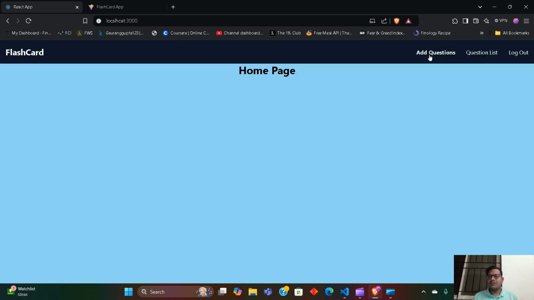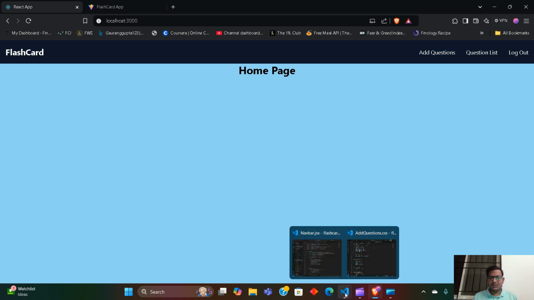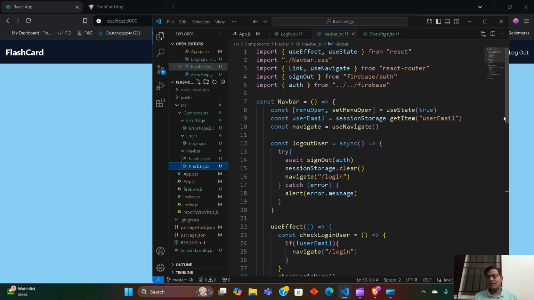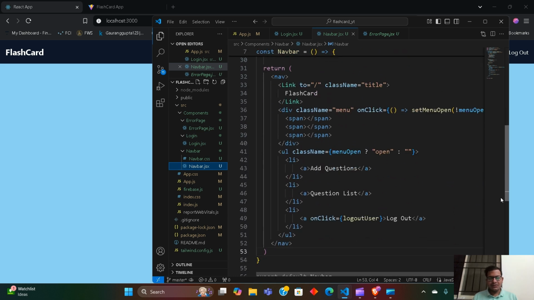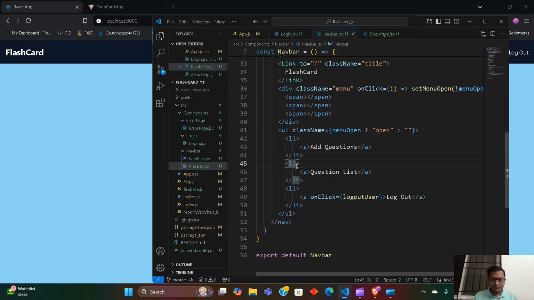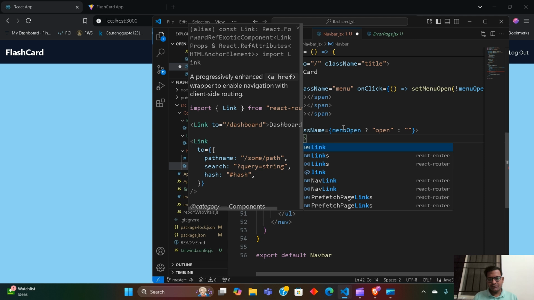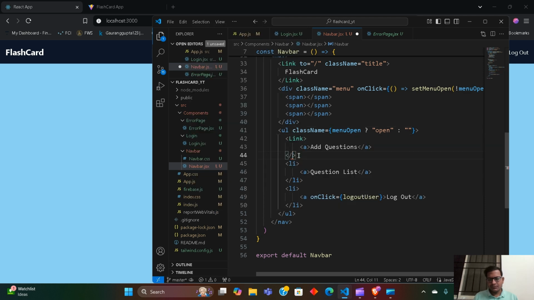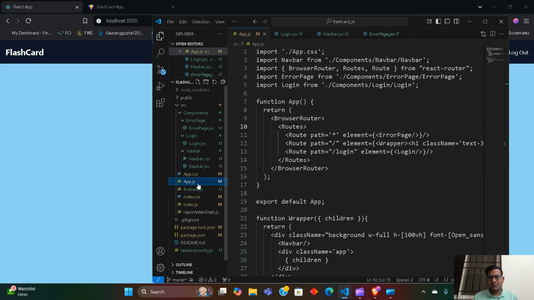So we are going to work on this. Now before we start working, we have to make sure that we can navigate to that page. So for that, what I'm going to do is change this li to Link, and I'm going to give it a to property, not true. Add questions. Save it. Then we will go to app.js,